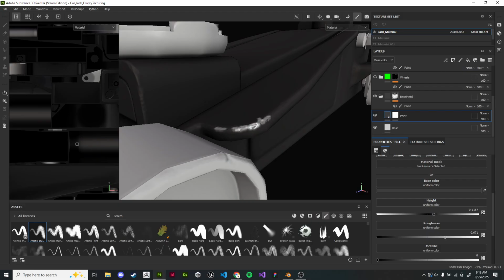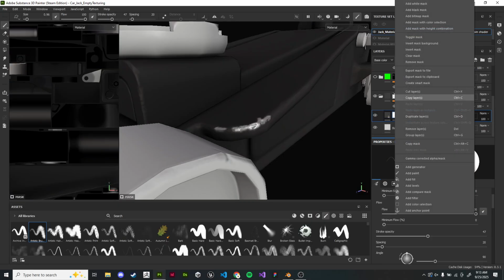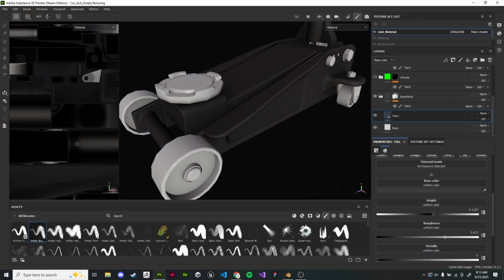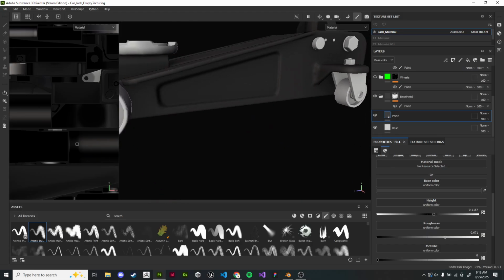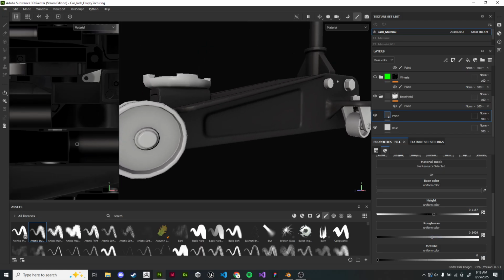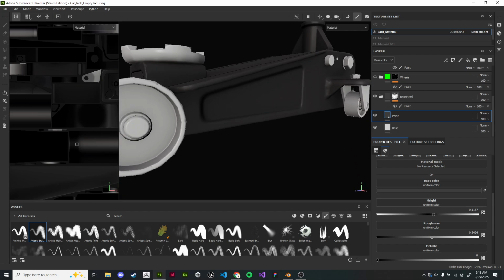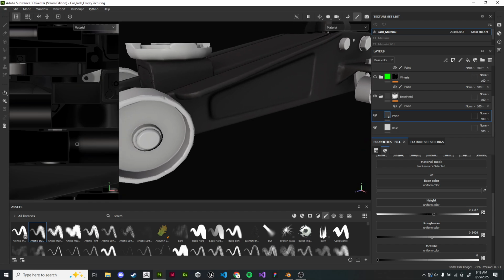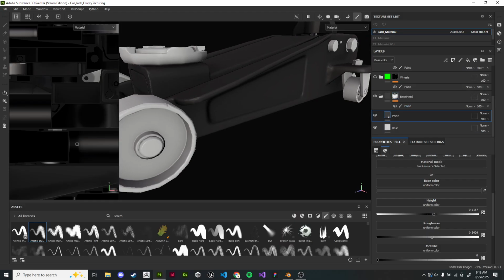So I'm going to remove that for now, that mask. And just keep building up from here. The next thing we want to get into is going to be the color variation. A lot of these materials are going to be about building up these masses procedurally as possible. So I'm going to go into the